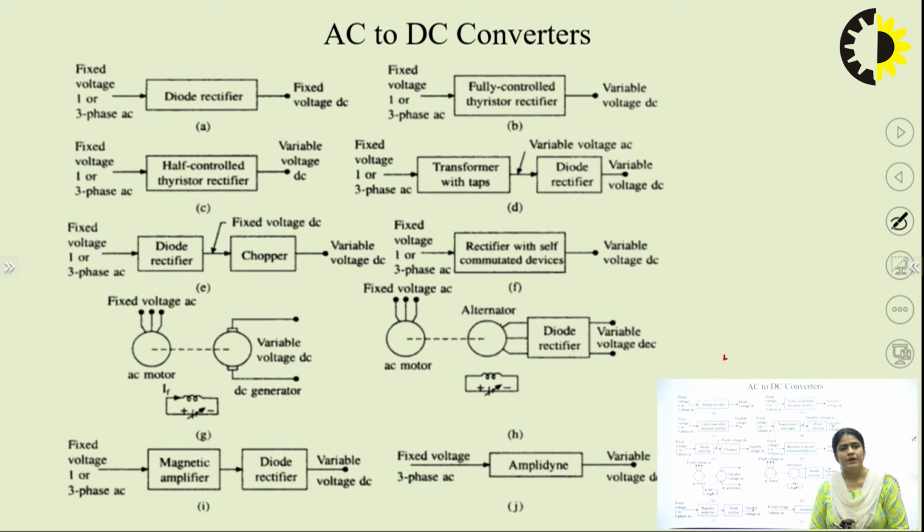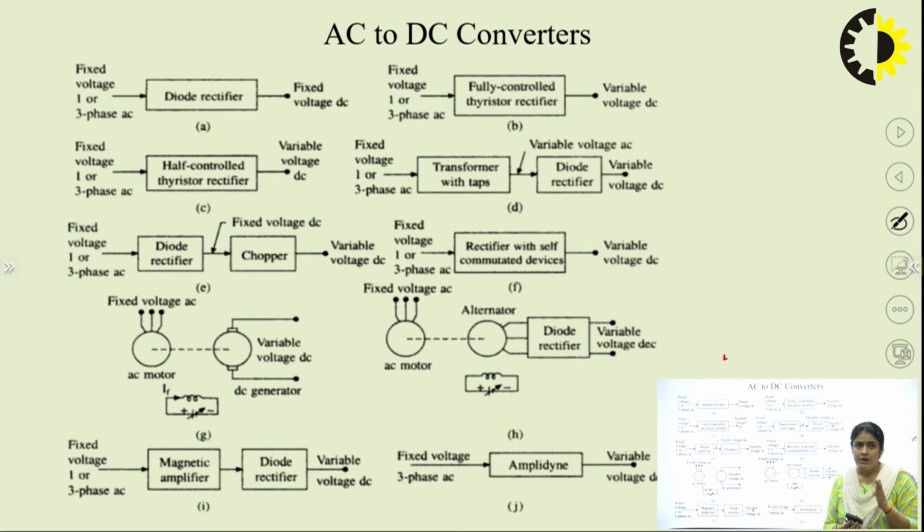So it can be a single phase diode rectifier, or a 3-phase diode rectifier. If we see the B block diagram, this is the fully controlled thyristor, whereas the first is the diode based rectifier. We cannot control the flow of power, we cannot control the voltage, only the fixed voltage we are